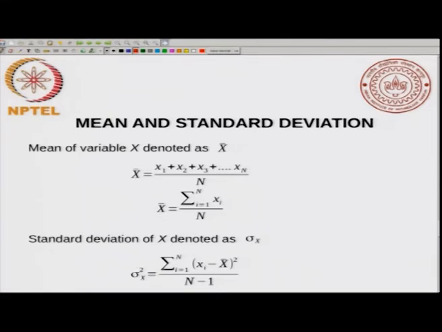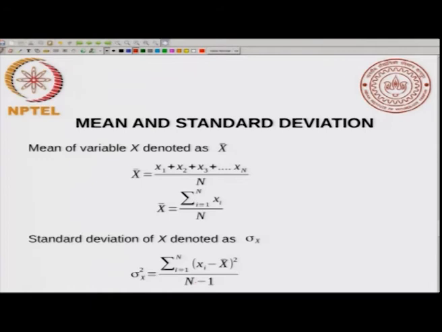And notice that the denominator of sigma x has an n minus 1 and not an n. Usually if n is large, then it does not make much difference, but for small values of n, this does make a difference. Formally, the right quantity here should be n minus 1 in the definition of standard deviation. There is a mathematical reason for this, but we will not get into that. We will just keep in mind that when you are calculating the standard deviation, you should use n minus